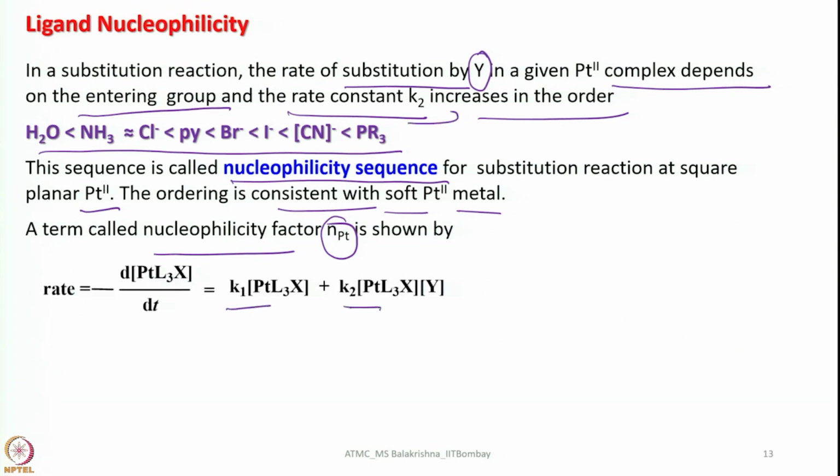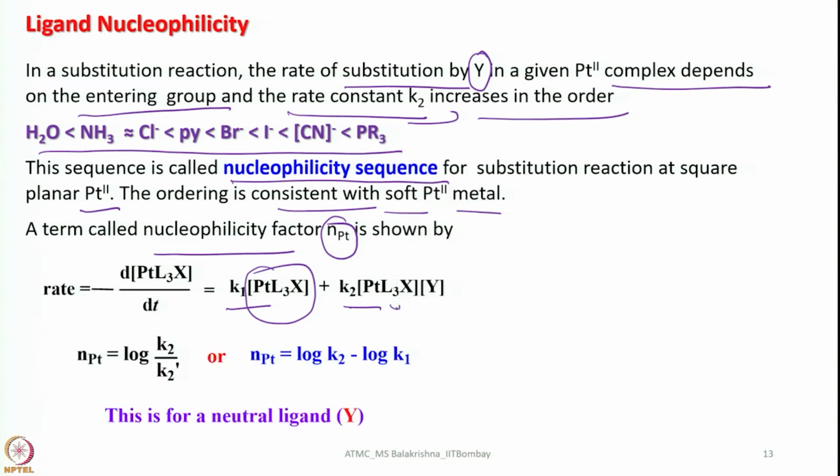If you look into this one, of course the moment you look into the rate equation and the parameter that we have included, it would tell you the nature of it. For example, here we are considering only the concentration of the complex, not the concentration of the entering ligand, whereas here the concentration of the complex plus entering ligand both we are considering. So this is K2. So now n_Pt, the nucleophilicity factor, is given by minus d[PtL3X], the concentration of the starting compound, over time, equals K1 into